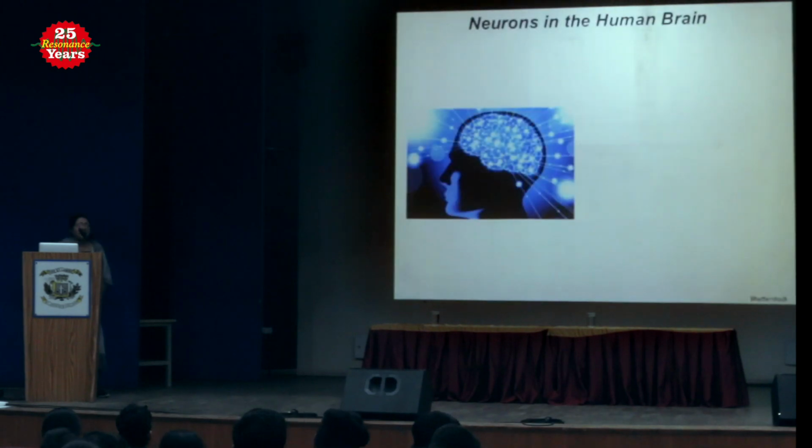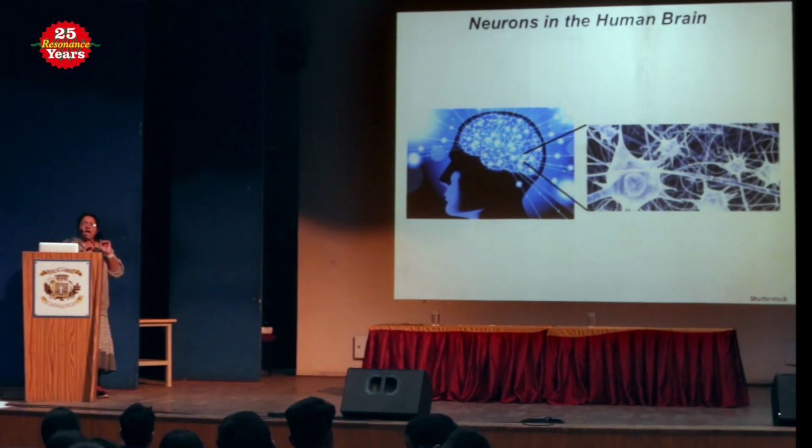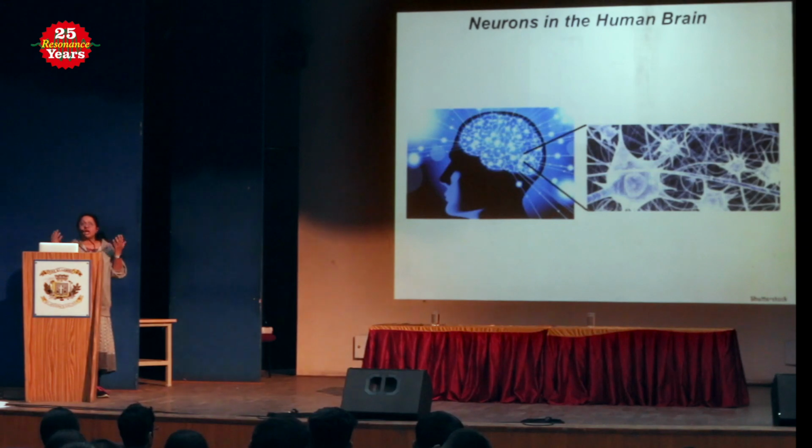So, in order to think, in order to walk, talk, move your head, everything requires functioning in the brain. The brain is made up of a large number of cells which are called neurons, and these neurons essentially talk to each other. And the brain has so many neurons, each of them makes many, many connections with many different neurons. Hence, there's a lot of chatter that's essentially happening in the brain where multiple neurons are talking to multiple